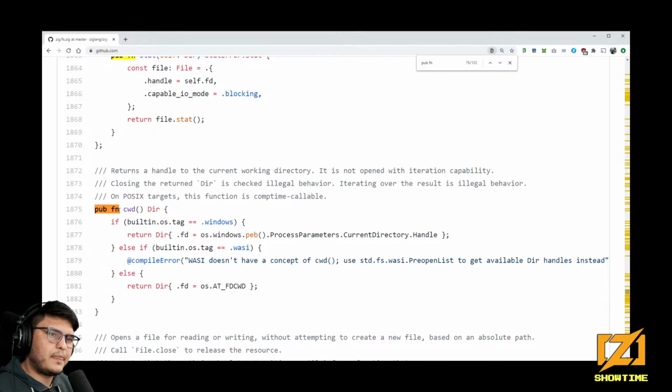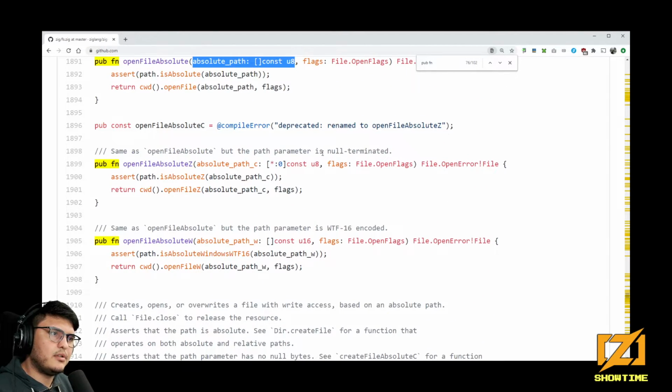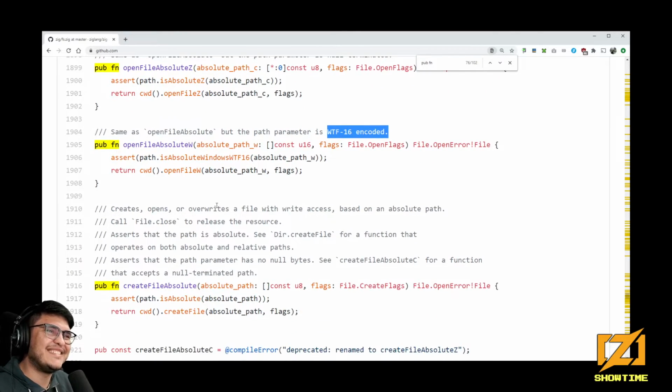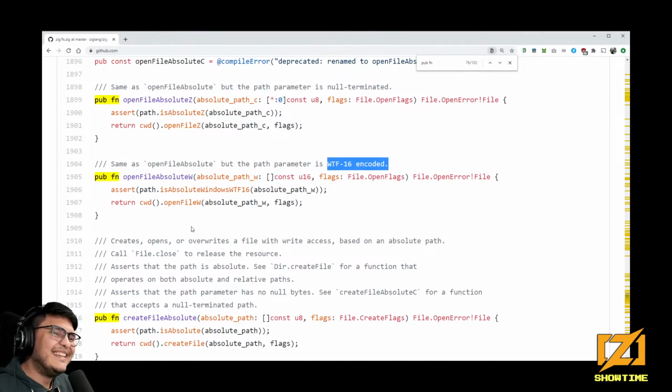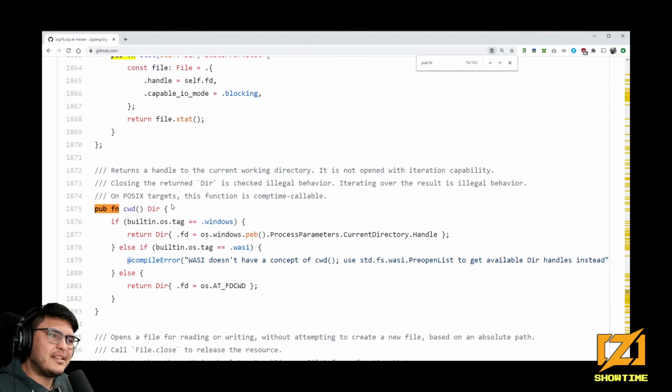Okay, there we go. Here's the entry point. So there's open file absolute. That opens a file, and you have to provide the absolute path. Same with Z for null-terminated strings, or for the what-the-fuck 16 encoding that Windows uses for strings. You can also do create file, but here's what I think is considered the idiomatic way, unless you're trying to